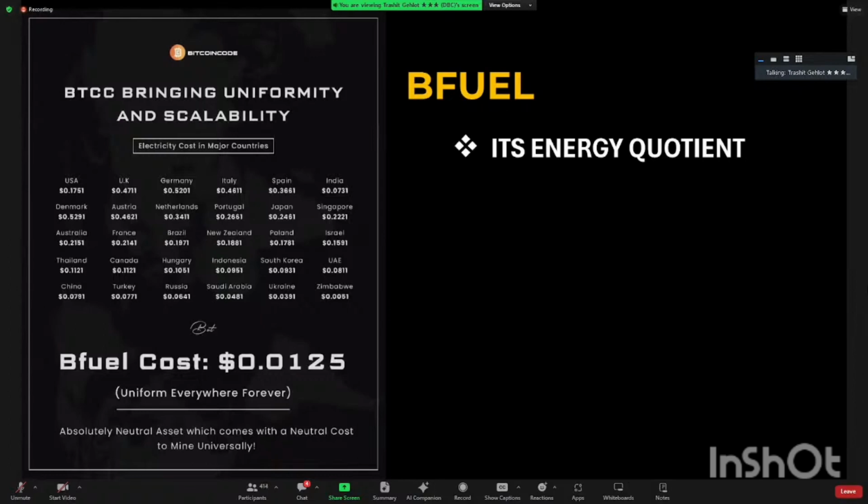That means the physical mining of Bitcoin is not uniform across the globe. But we are in a digital era, right? For that reason, what Chavez has designed is an energy quotient that's called B fuel. And this B fuel is uniform across any part of the world. So in a way, you will see that,